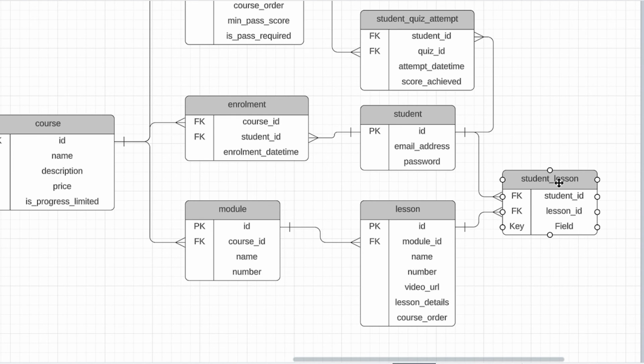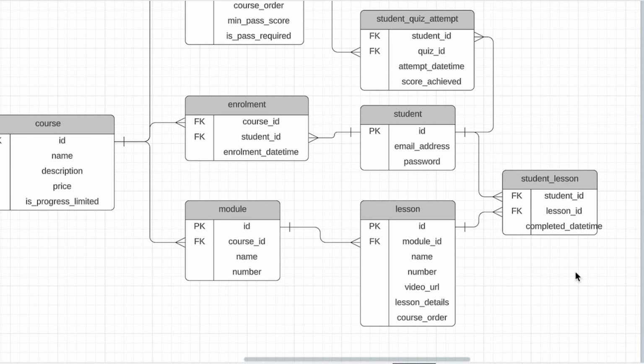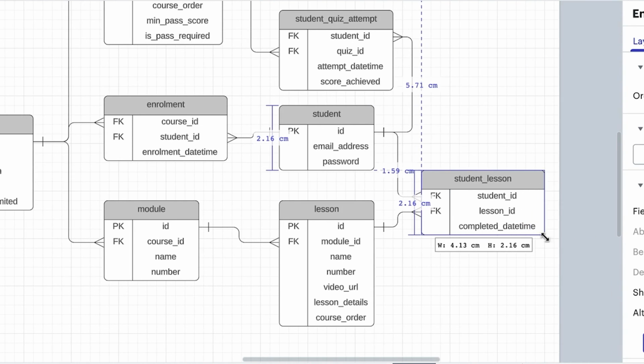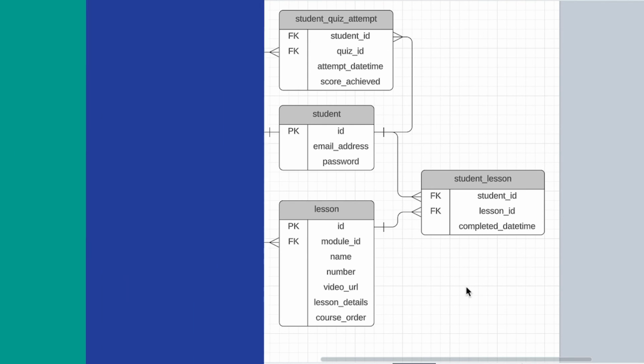We could use a Boolean column called isCompleted to show either 1 or 0 for each lesson. Or what I think is even better, we use a completed datetime column to show the date and time that the student completed the lesson. I read a suggestion somewhere that it's better to store date times rather than booleans for events, as you can infer that an event has happened based on the date time and the extra information is helpful. Either of these approaches will work though.